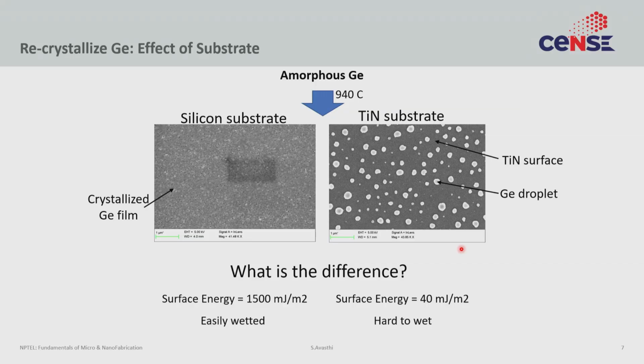Now, this is a failure because the student didn't think it through: by adding this titanium nitride, would we make a significant change to the substrate? It turns out we did. If you go and look at the literature, you can figure out that the surface energies are very different. This is hard to wet, this is easy to wet. So this was a predictable problem, but we missed it. These are some of the things that if you think ahead, you will be able to prevent and save time.